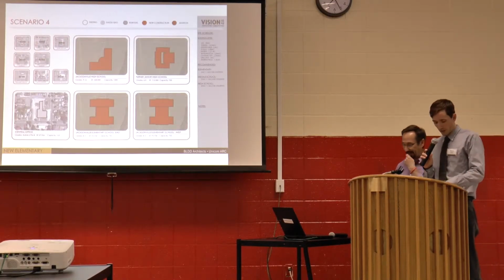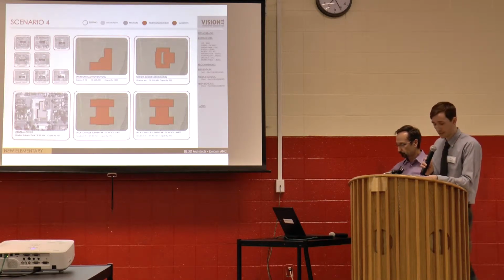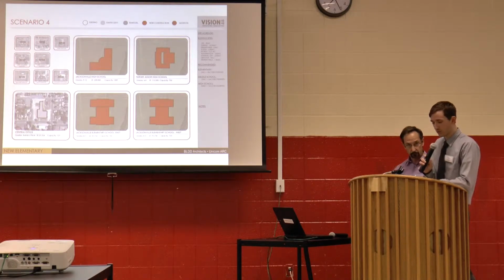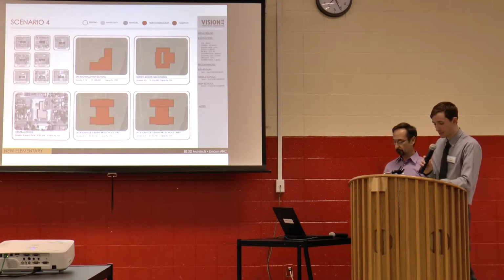So the first scenario of that type is scenario 4. In this option, there's a new high school on a new site housing 9-12, a new junior high also on a new site. This would house 6th through 8th. And in this option, there would be 2 elementary schools, each of them housing K-5 on 2 new sites. P&A work would occur at the central office, the physical needs work, and also house pre-K. And in this option, all of the existing facilities would be retired.